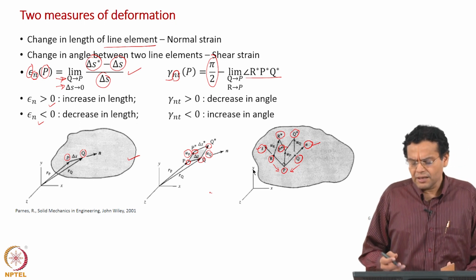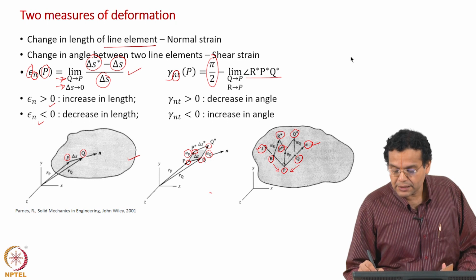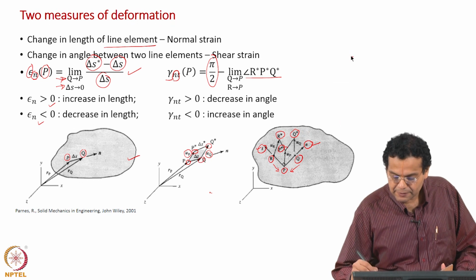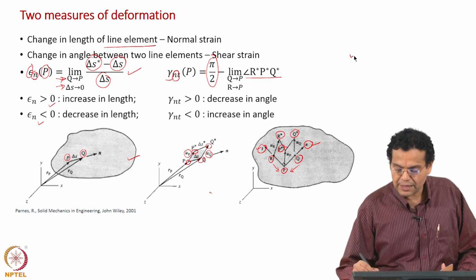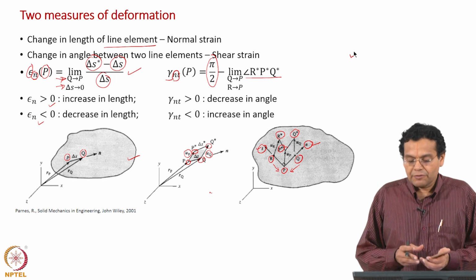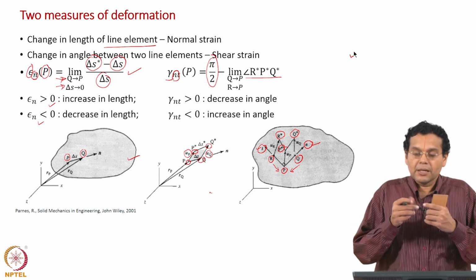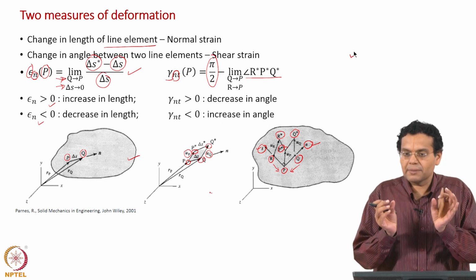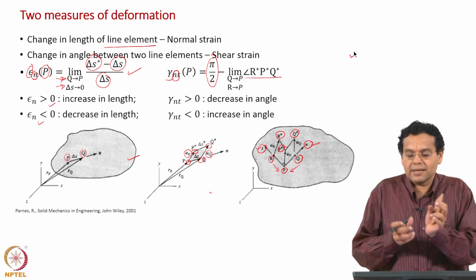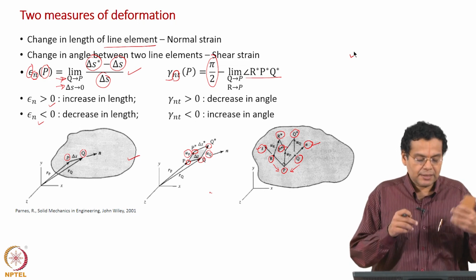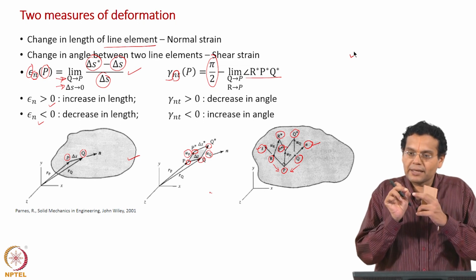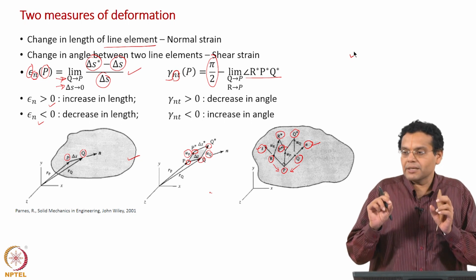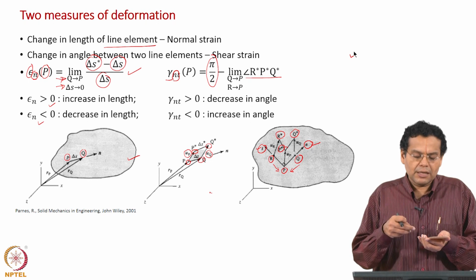Okay. Now, how do you imagine? Once again, you imagine at a point a small line segment, another small line segment, and those which are at 90 degrees to each other. Why small? We are saying Q tending to P, R tending to P, but still at a point you are imagining two small line segments perpendicular to each other. Of course, a little difficult to imagine, we are saying point, but telling two lines etc. As you go along, you will get practice to that. The case of normal strain, at a point imagine a small line. Case of shear strain, at a point imagine two small line segments perpendicular to each other, and what happens to their angle.